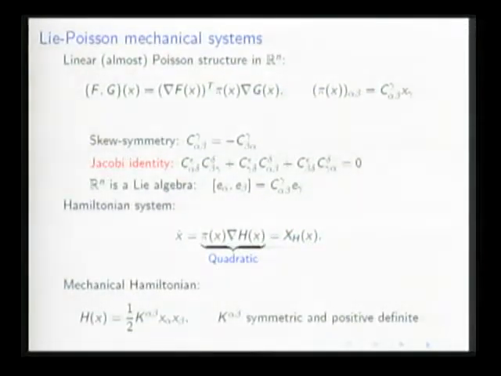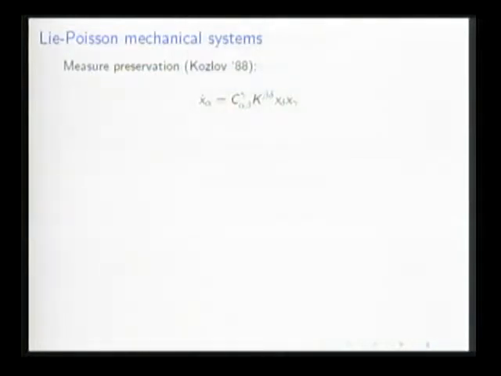So I can apply the result of Kozlov to analyze preservation of measure for this system. So that's the system written out in coordinates, and I'm wondering whether it preserves a measure. By Kozlov's results, I know that I should only be worried about it conserving the Euclidean measure. So if I take the divergence with respect to the Euclidean metric, what I end up with is two